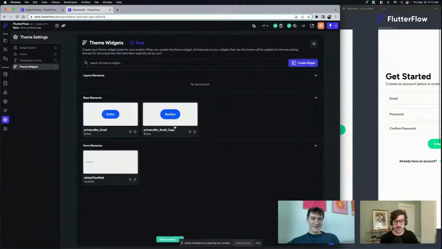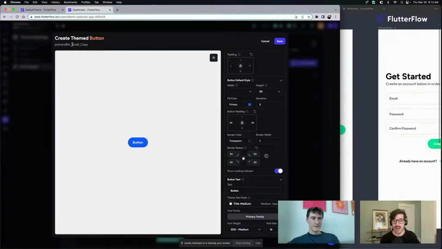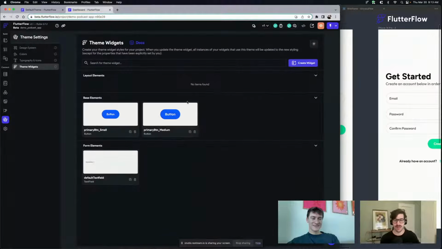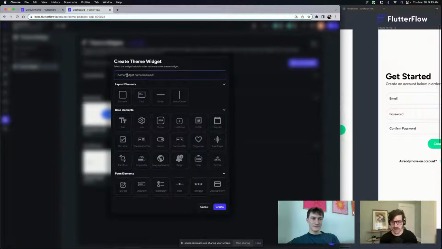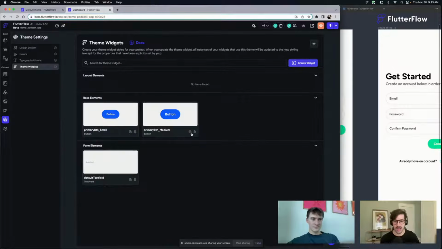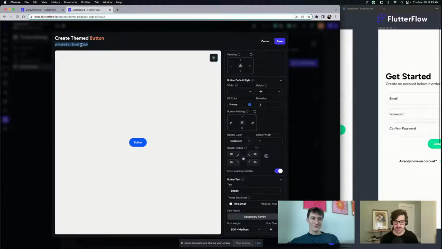I don't know how many of you guys use templates. I use them all the time. I'm going to create this app and utilize a login template, but I'm going to create some of my default widgets here. Or here, I'm just going to duplicate. This is the amazing thing. You can just duplicate this, right? I've already set my border radius here. I'm going to set this to my secondary